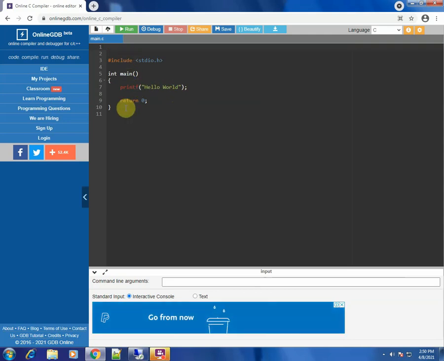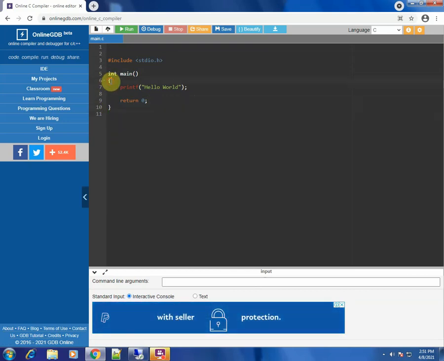So these lines of code are your actual C program. Now there are these lines over here: hash include stdio, int main, this is a curly brace, then there is printf hello world, then there is return 0, and there is a closing brace.